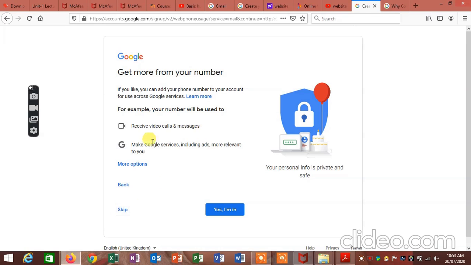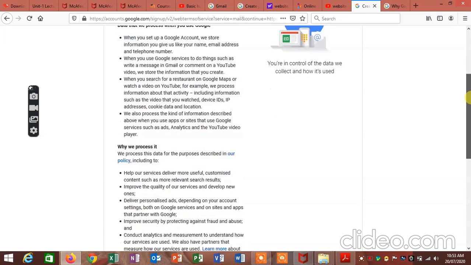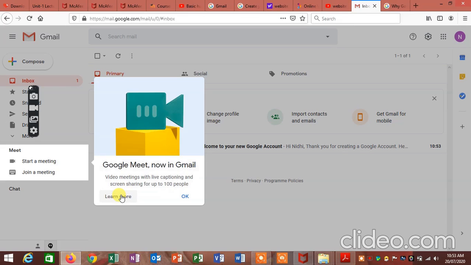So instead of going to these options, right now we will click on skip, and we have to read these conditions. Once you read it, पढ़ना ज़रूरी है एक बार, और उसके बाद आप प्रेस करते हैं आई एग्री ऑप्शन पर. तो आप देख सकते हैं कि मेरा अकाउंट क्रिएट हो गया है.